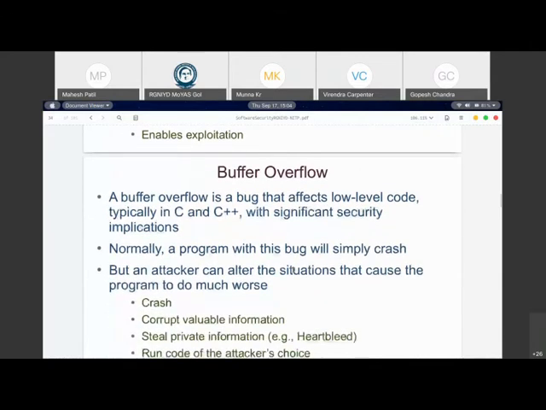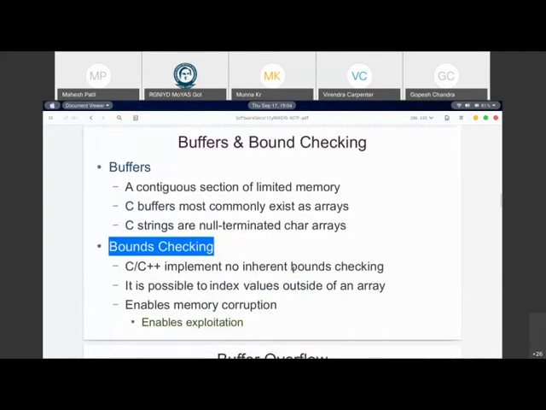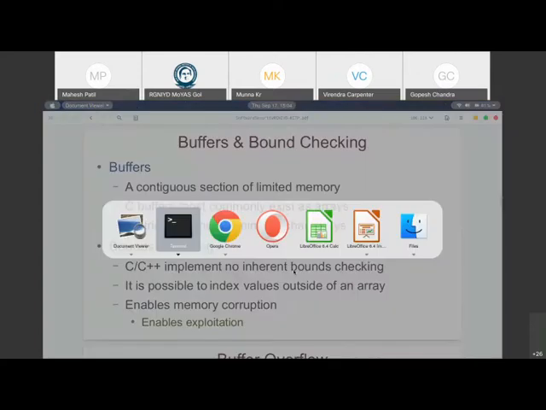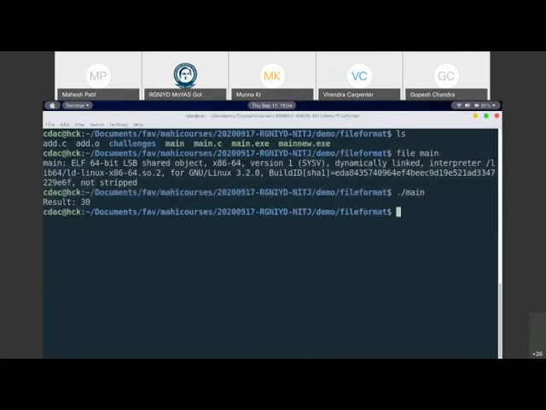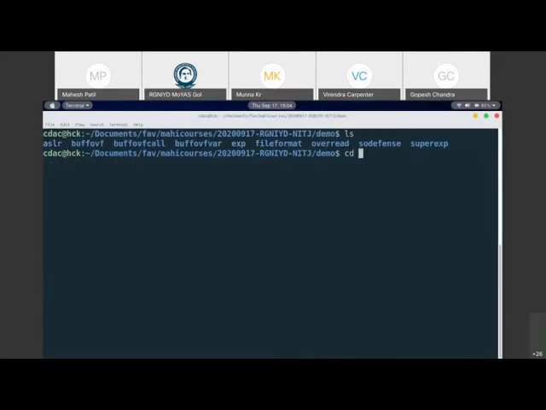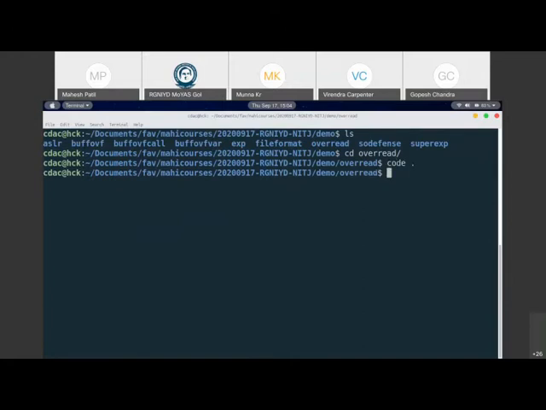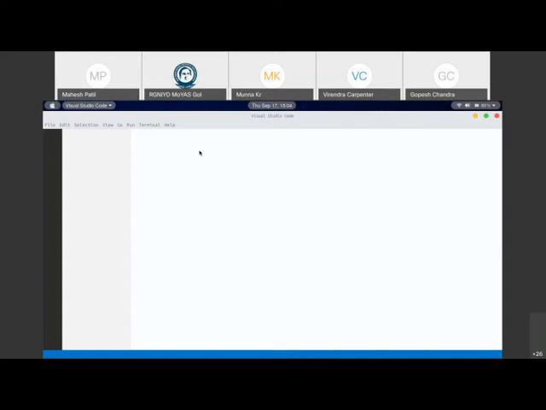So let's see a small program to understand this. Here I have a small program which is written. Let me show you the program first.